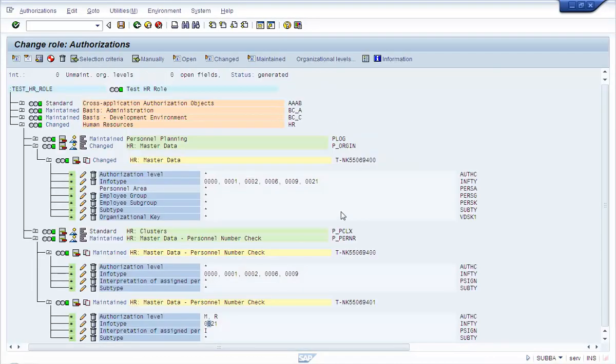So if you want to restrict the user's access to his own information, then in the P_SIGN field you put I, and then you don't need access to P_origin. But if you want the user to work with data belonging to other partners, then in the P_SIGN field for the partner object you put E, but you also have to give access to the P_origin object with the same set of infotypes that you specify in P_PARTNER. So you have to specify the same infotypes in P_origin.